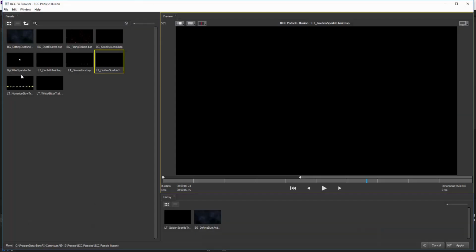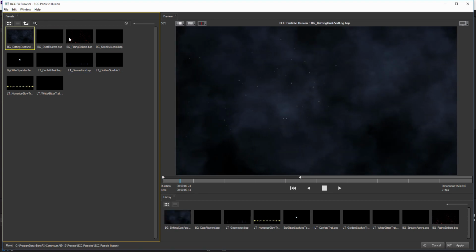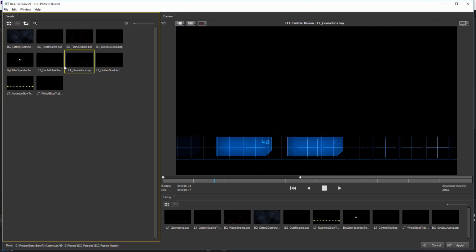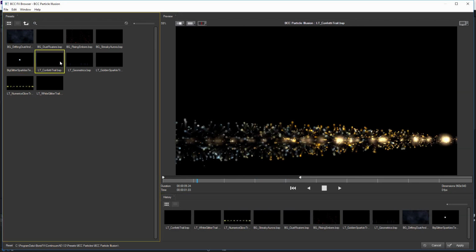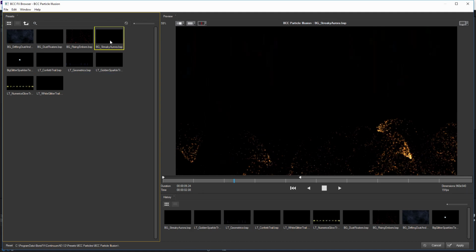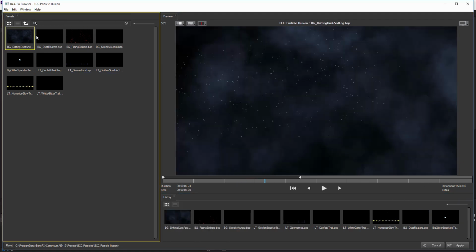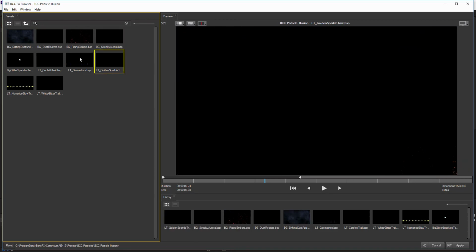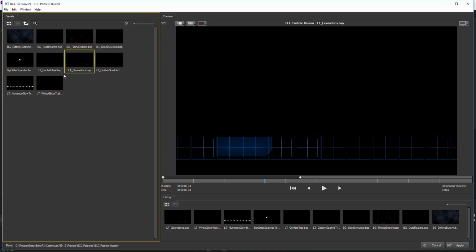If you haven't used Particle Illusion before, let's pop into the effects browser and have a quick look here. Particle Illusion is a particle system, hence its name. It's a nice, fast 2D particle system, which makes it perfect for doing fast motion backgrounds. If we look at the presets in the FX browser, it doesn't look like it's got a lot of presets. We've got 10 presets in here?